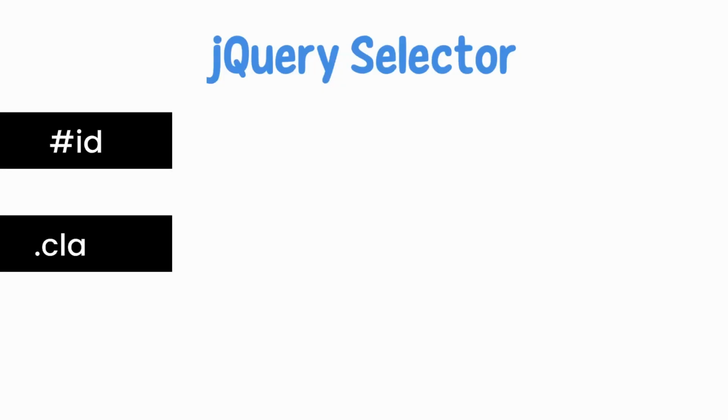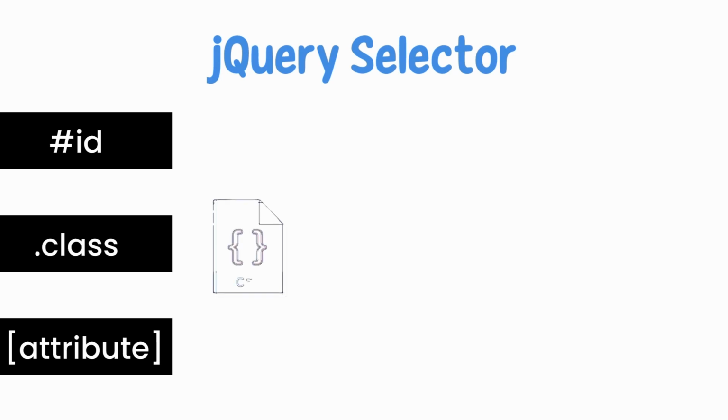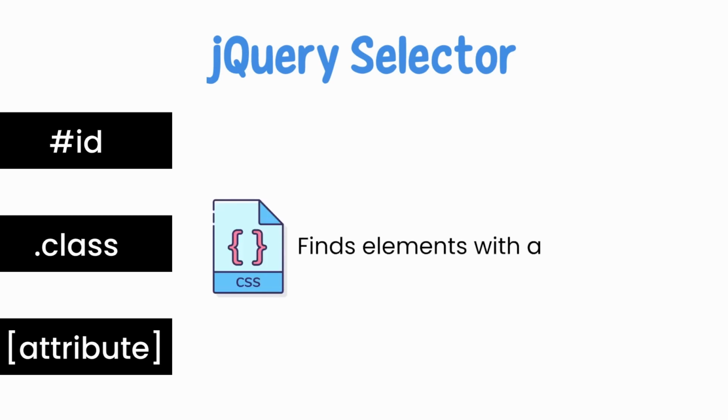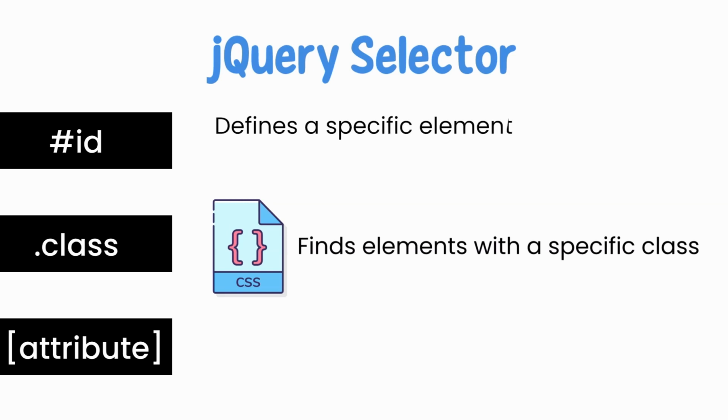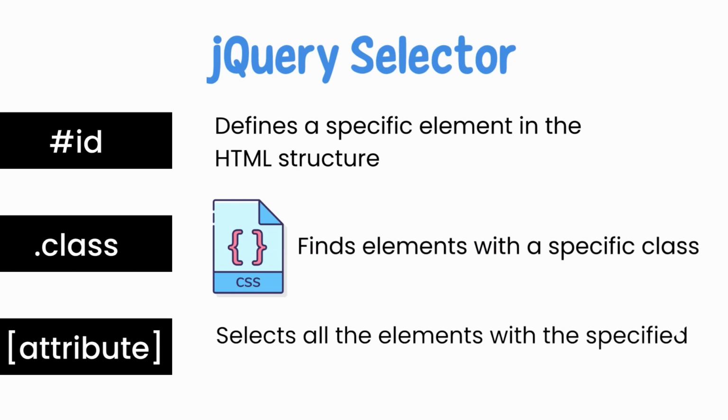ID versus class versus attribute. Class is primarily used to define style in CSS, so it's best to use it that way. However, there are some exceptions, particularly when we want to use some visual effects, which could also be classified as an extension of animation in CSS. ID is a unique string that defines a specific element in the HTML structure. When we say attribute, we mean all elements marked in element properties, which includes id and class. However, we frequently mark the custom attributes as a data parameter to ensure that all marked elements and assigned values are not used by some libraries or someone else in the team.